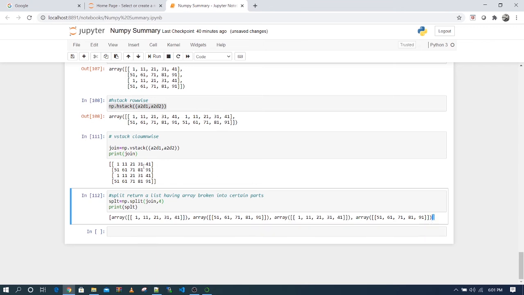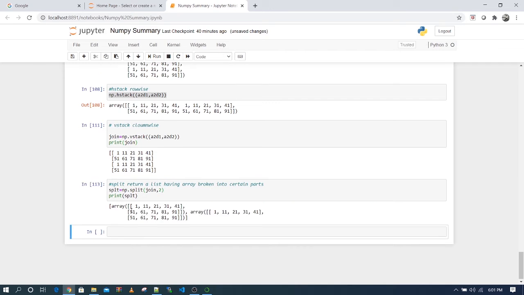You can see my original array is this, so each row is broken into one individual element. Now if I set it as 2, I have only 2 elements, so my first element is this and my second element is this. You can access individual elements using index like we used to.